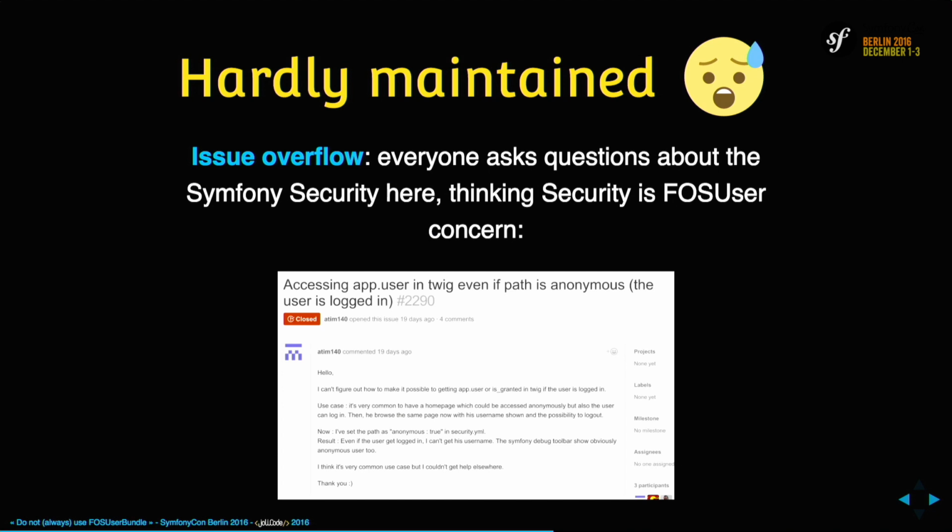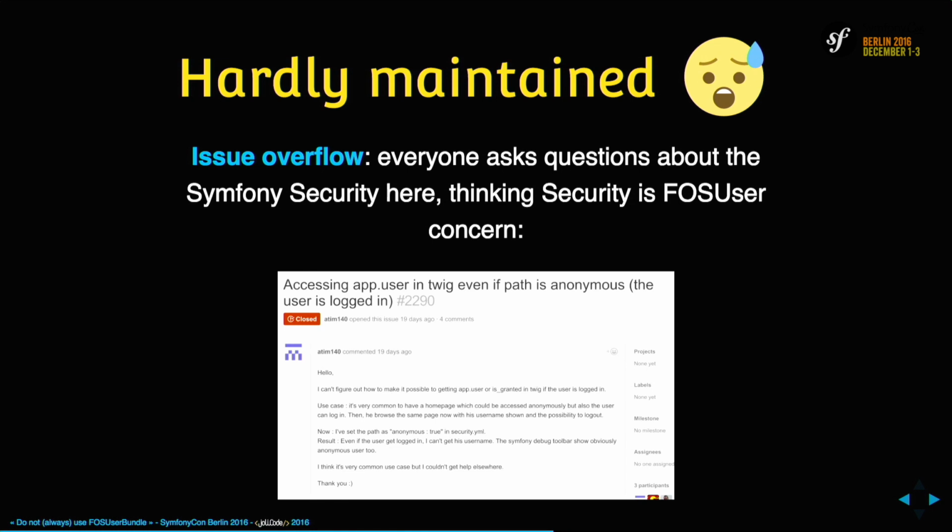It's hardly maintained also because all those newcomers, all those new users from the Symfony project, ask questions about Symfony security inside the FOS user bundle repository. Like this one, the user is asking why the app.user variable is not available everywhere in Twig. Because it is not in a firewall everywhere, that's it.